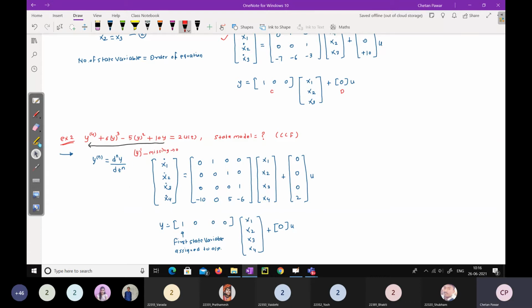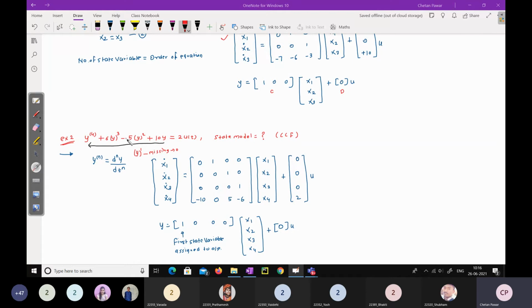I will traverse like this and form the last row using this traversing. So plus 10 is there, minus 10. Y1 term is missing, I have taken 0. Minus 5 is there for the y square term, so that will be 5. Plus 6 is there, so that will be minus 6. So we got a matrix. These 3 rows' patterns are fixed. Only this last row is decided by this particular method. You need to traverse like this and take the opposite sign. Minus 10, and the y1 term is missing, so 0.